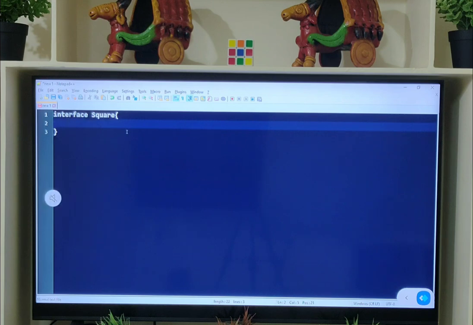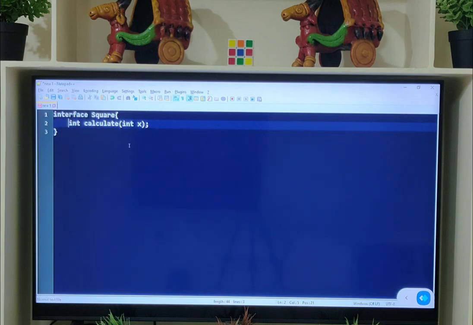As this is a functional interface, I can write only one abstract method, calculate(int x). This interface contains only one abstract method, so we can say Square is a functional interface. As I have developed Square, I understand that this is a functional interface.